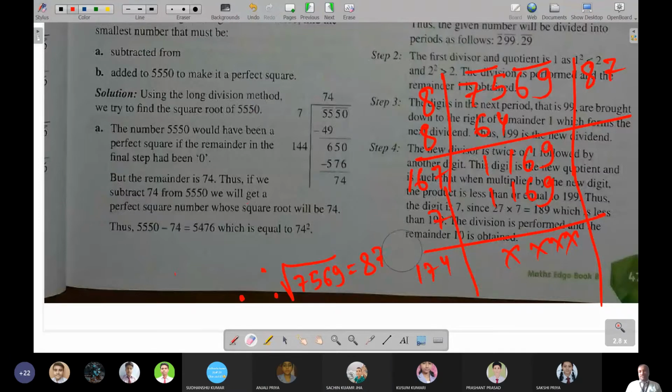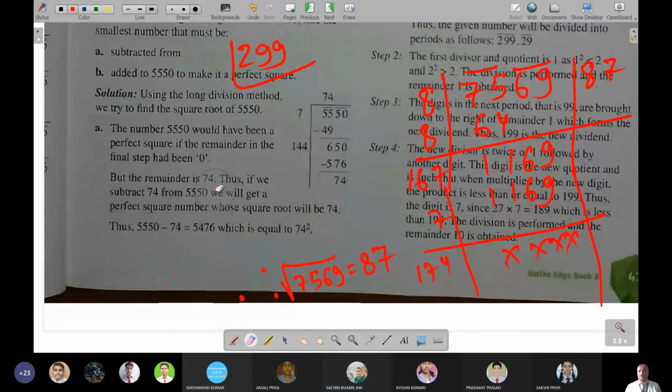If 299 is a perfect square, then of course we will get a square root. It will be divided by some numbers. If it is not, then it will not be. Like 299, when you do prime factorization, of course it will not be divided by 2 because it is an odd number. It will not divide by 3 because the sum is 20. It will not divide by 5 because at last there is no 5 or 0. Now, after that comes 7. For checking 7, we multiply the last digit and subtract from the remaining digits. That is 9 times 2 is 18. When we subtract 18, we get 11. Of course 11 is also not divisible by 7. So this will not go with 7 also.